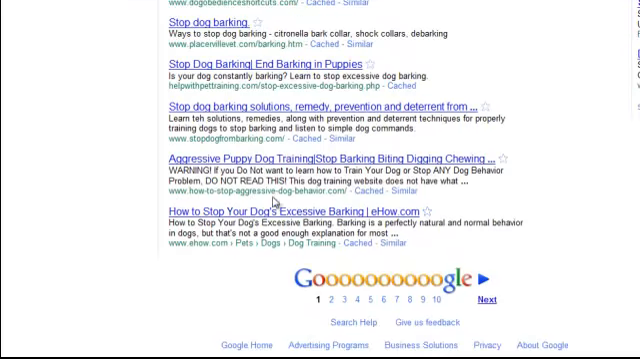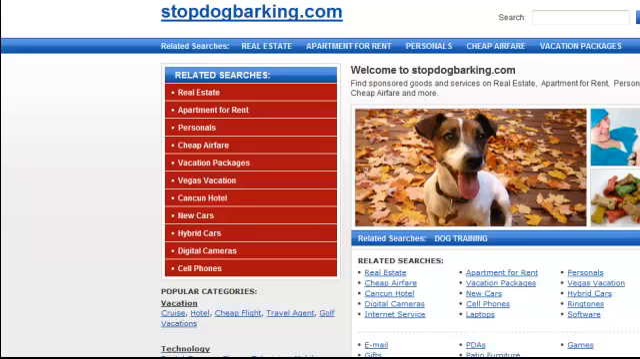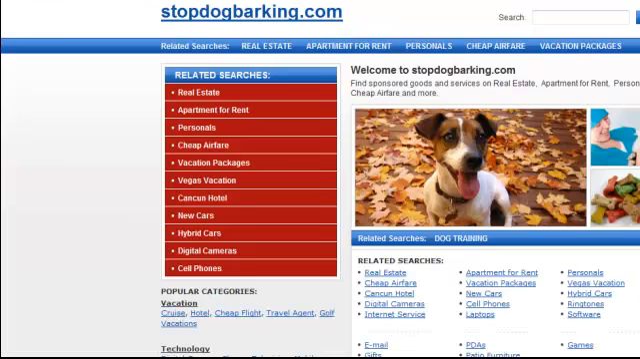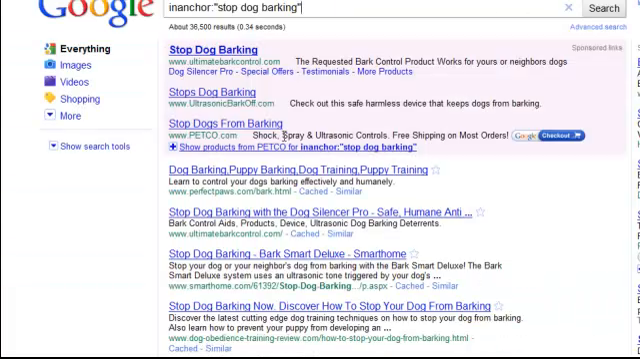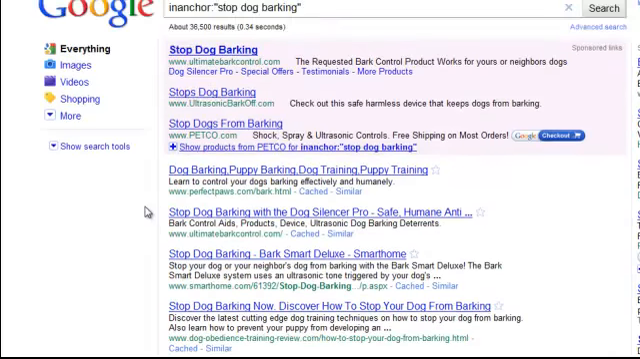So if you had that domain name and you could make it, it's a tongue twister, stopdogbarking.net, if that was available, or stopdogbarking.org, you could try to get those domain names and then go after this keyword. It looks like a good keyword to go after for me, although you would need to do more research